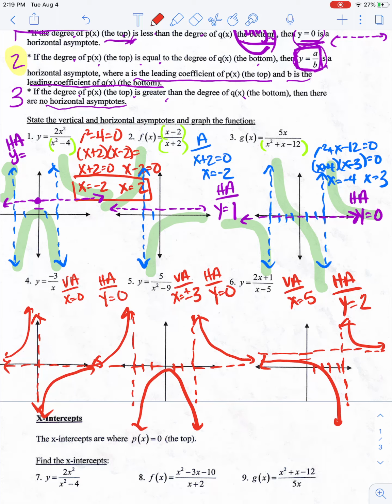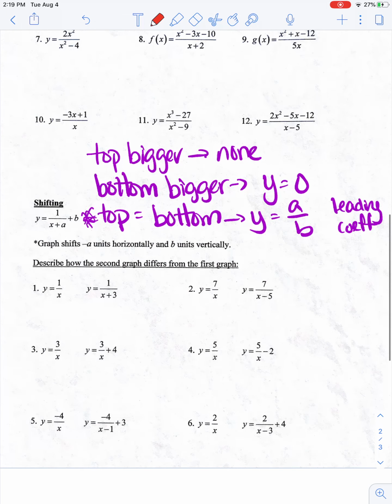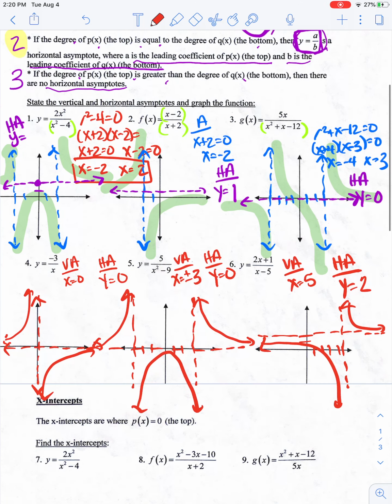So if this is something that you're iffy about, I would pause it. Make sure you're good with your calculator. Watch it again. Go back over the rules. Write them on a sticky note, something, but they need to kind of be ingrained in your head. And if you're going into calculus, this is absolutely a review. I'm not going to review slants. They don't happen that often, but you just need to make sure that you know